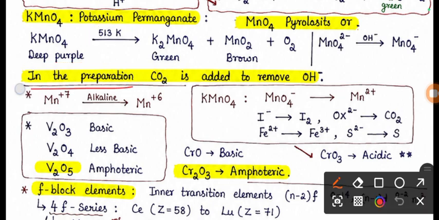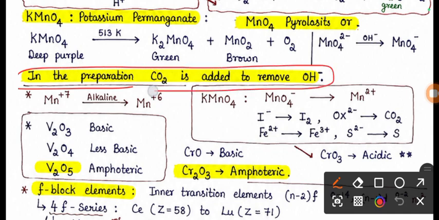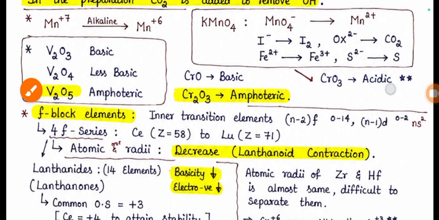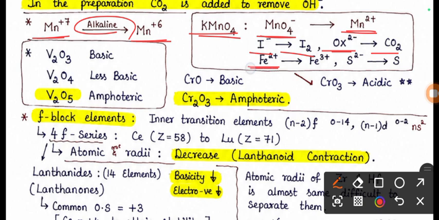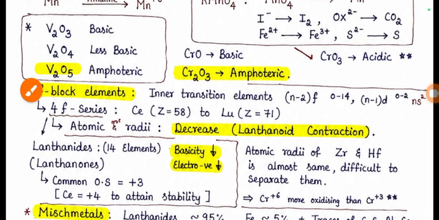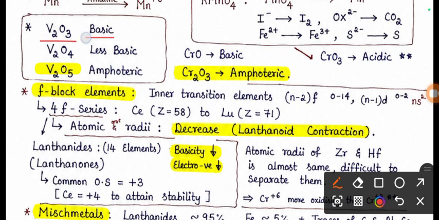And in the preparation of potassium permanganate, carbon dioxide gas is added to remove the basic OH- ion. So for the conversion of Mn+7 to Mn+6, alkaline condition is required, and potassium permanganate can oxidize MnO4- to Mn2+, I- to iodine, oxalate ion to carbon dioxide, Fe2+ to Fe3+, and sulfide ion to sulfur. So remember, in the case of vanadium, V2O3 is basic, V2O4 is less basic, whereas V2O5, most important, is